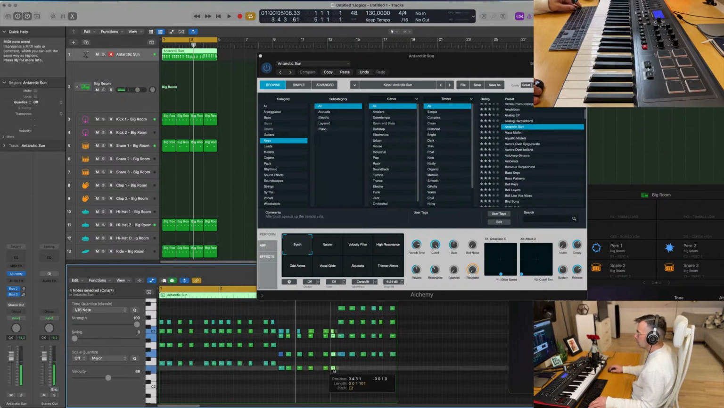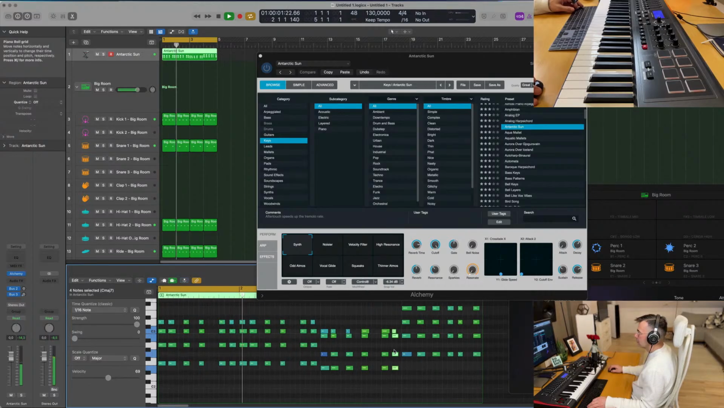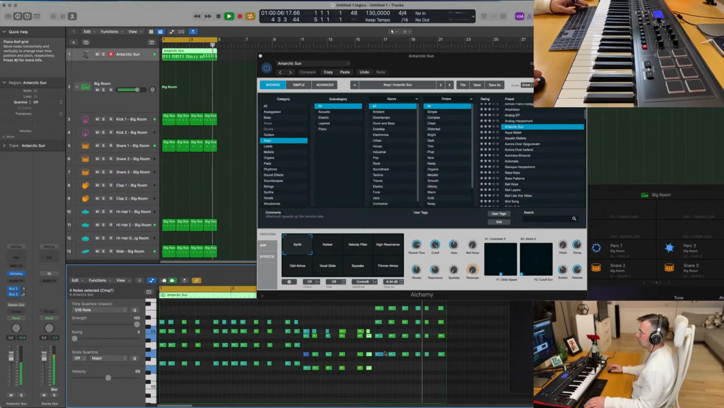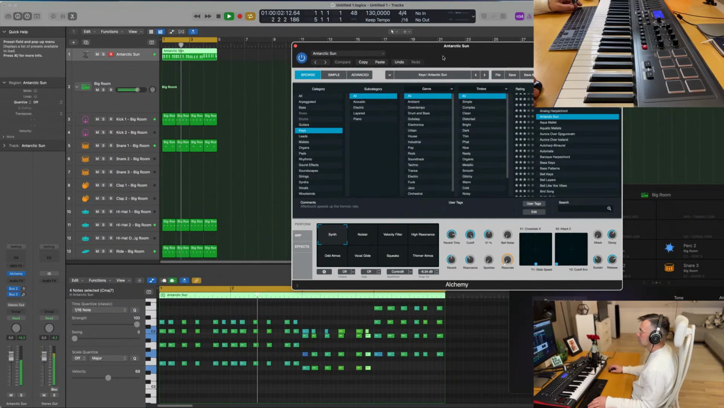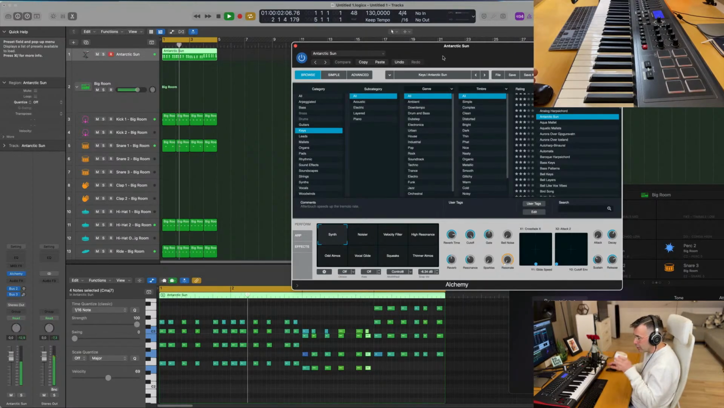It's getting there. Oh, this one was not quite at the right place. I like that the last part is not quite exactly the same. Now that we have a bit of